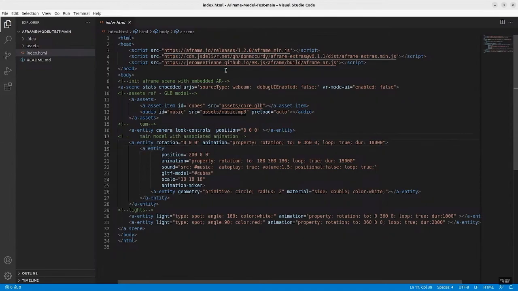So this has got an animation attribute on it, and then I set the property to 0 on the x-axis, 360 on the y. So assume that I'm the camera again: once the model loads in, it will rotate around this way. And then loop set to true, and then just the duration of that loop. And then,